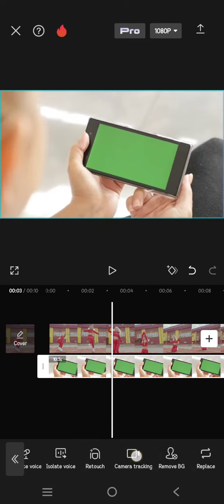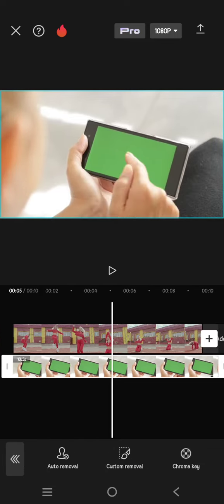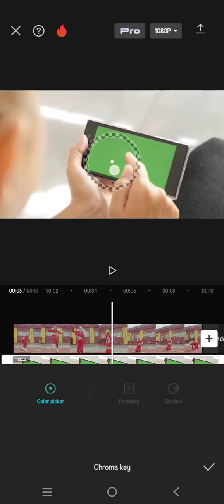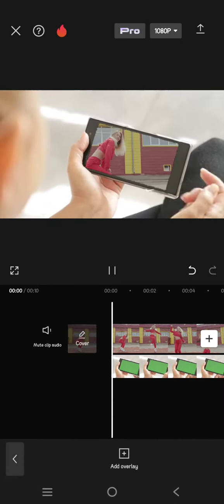Click on the overlay and find the remove BG option. Click on the chroma key and drag the color picker into the green screen like this. After you isolate the color, adjust the intensity and also the shadow. Okay, after that just click on the check icon and this will be the